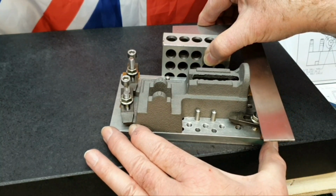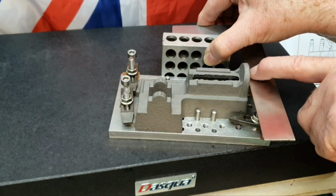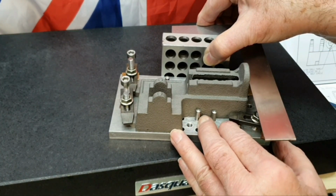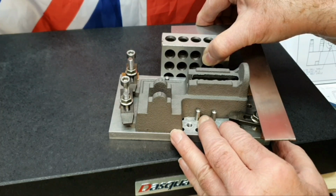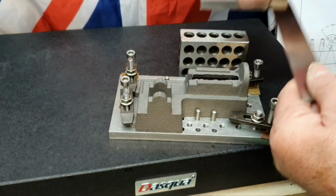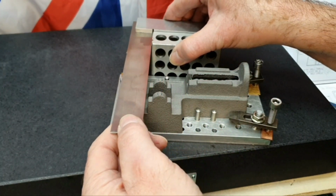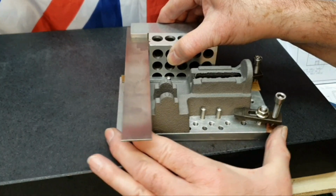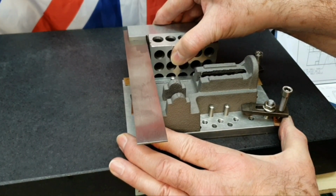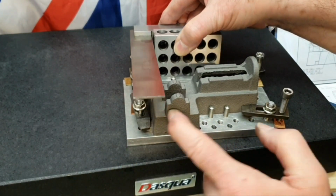Just looking at the back of the camera, can you actually see that? Yeah, against the back of the casting here, to make sure I've got that in alignment, and that looks to be perfect actually. So that confirms that that's okay. I also did it on this end, if I can get the square in there, on that end as well. I know it's rather a crude way of doing it, but it's proved to be quite effective. So that's square against